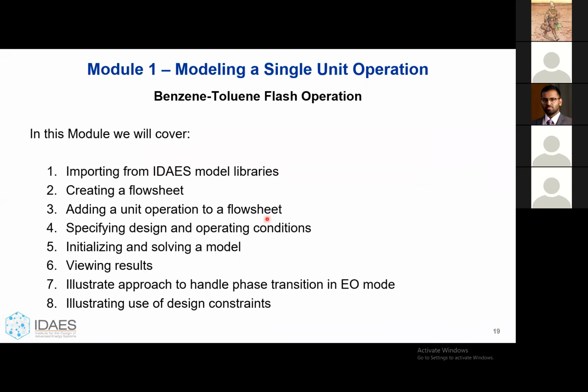As I said, the first thing is that we'll look at how to use the inbuilt model libraries. We'll create a flowsheet object. Then we'll add the unit operation to the flowsheet. We'll set some inlet conditions and some unit level specifications. Most critically, we'll also show how we have built in some custom initialization routines on every unit model that you can call. And then to solve the model, we'll also show in this module